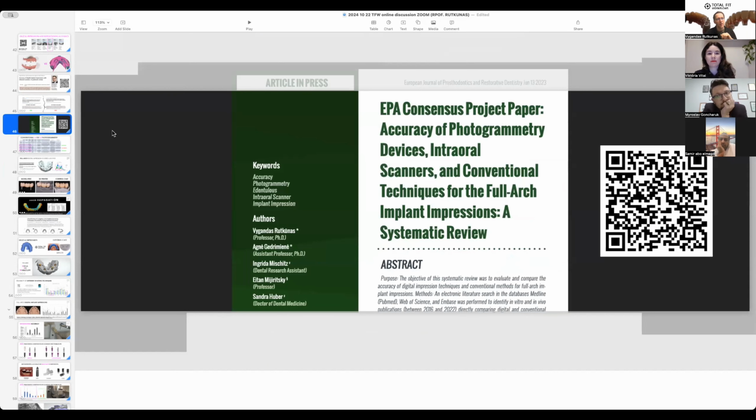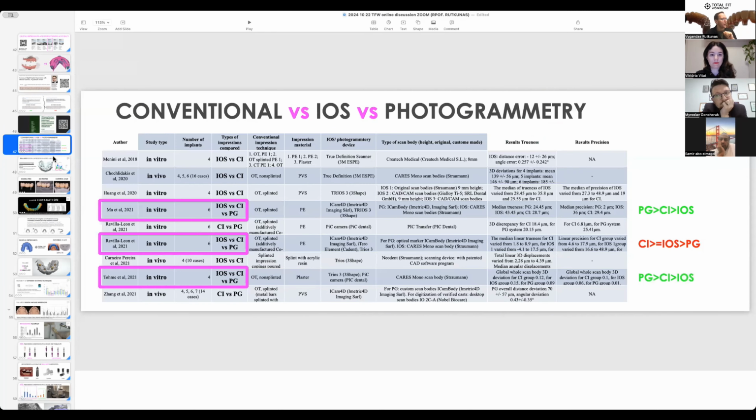And this is a systematic review we published quite recently, showing that photogrammetry and intraoral scanners provide comparable results, as it was shown here.